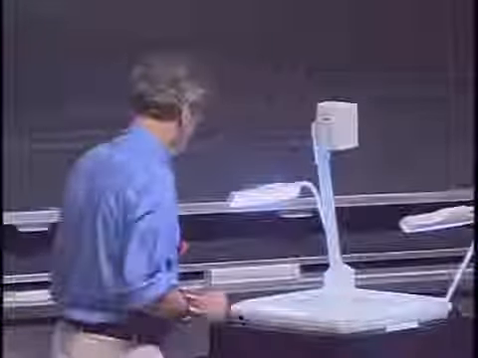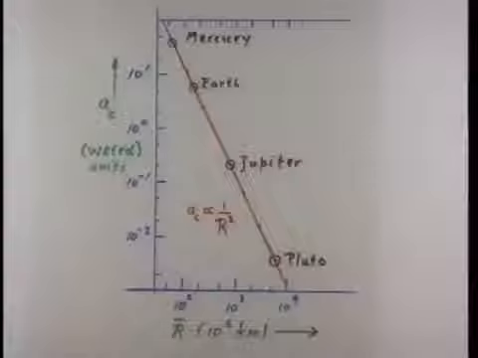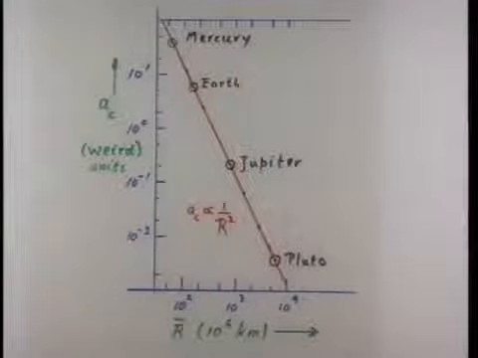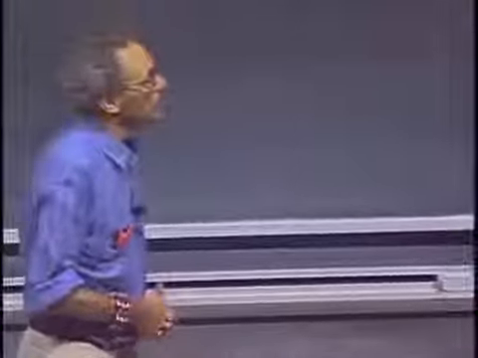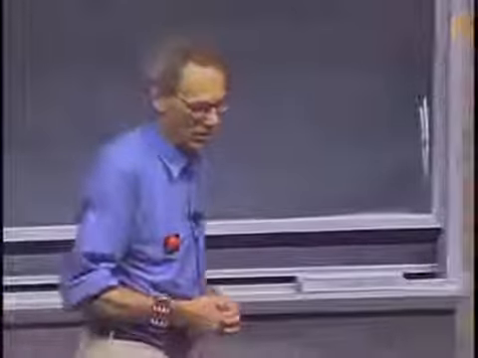Therefore, you cannot escape the conclusion that the centripetal acceleration, which is the result of gravity, falls off as 1 over r squared. We refer to this often in physics as the 1 over r squared law, and therefore